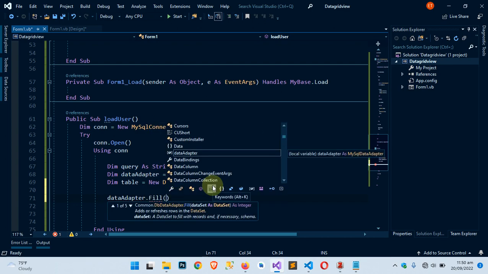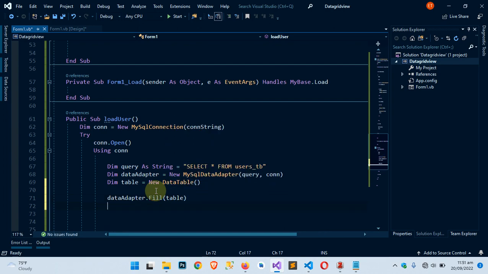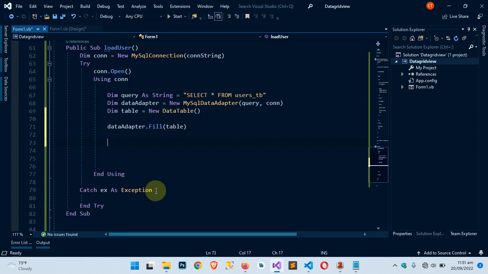What we want to fill, the record that is being held in the data adapter, we want to fill it into our table like that. Are we okay? Okay. Now having done this, let me just perform some simple check if there are some records in the table,